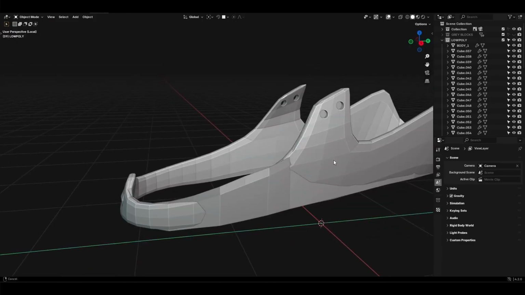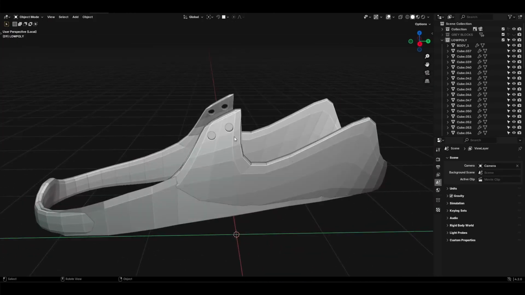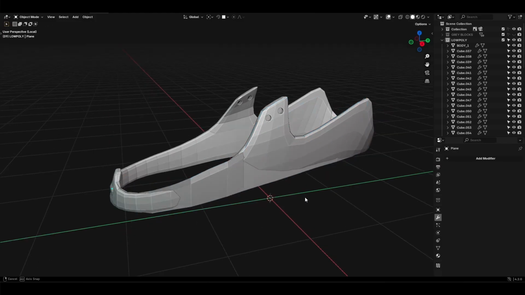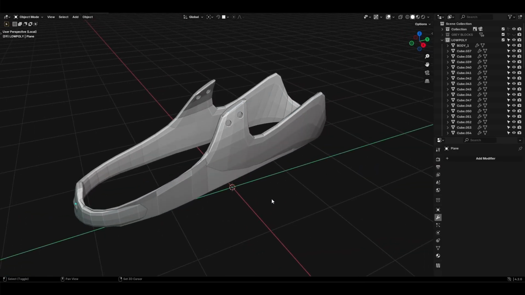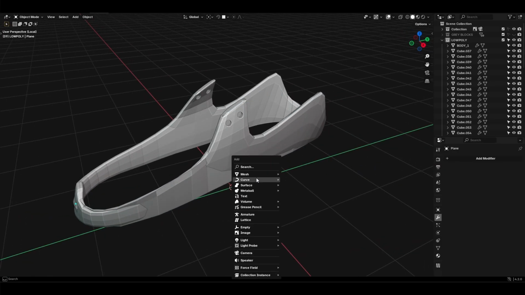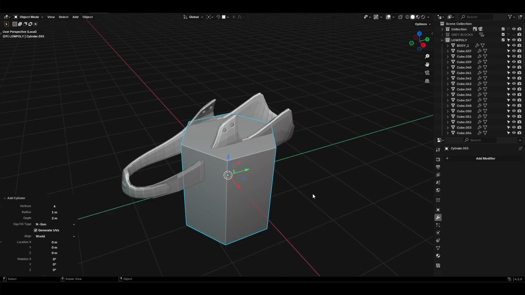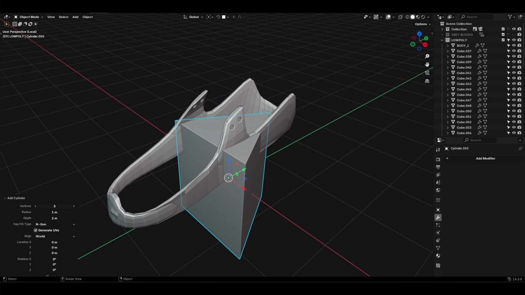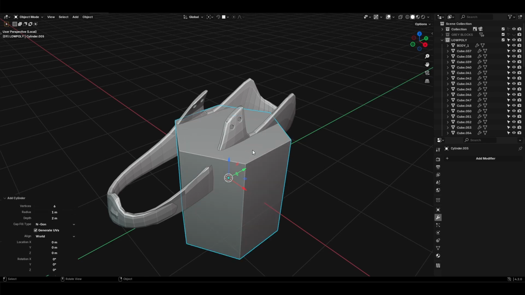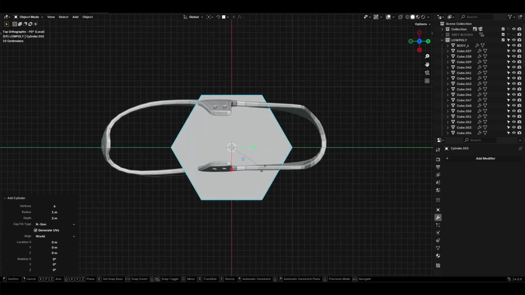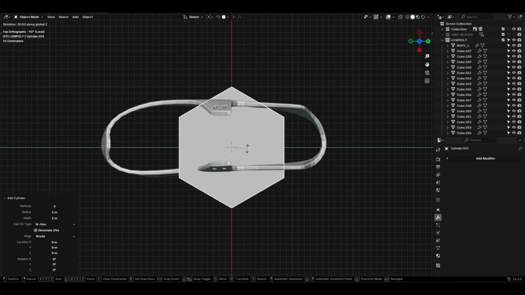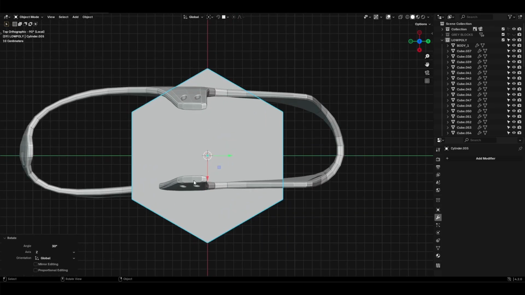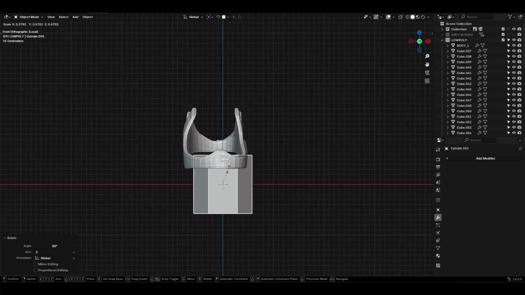Okay guys, next we're going to add a hole like this one for our mesh over here. So first we're going to add a cylinder. Shift A, go to mesh and click cylinder. Now we're going to set this to 6 sides, and we're going to rotate this while holding control. I'm going to make sure that we are facing like this. So let's scale it down like that,